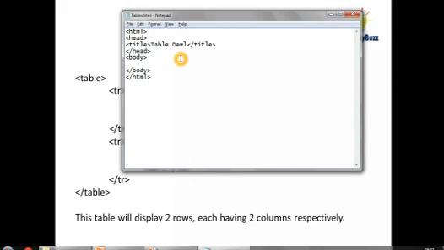Here I have created a sample structure and given it the heading table demo. Over here I'll write a table structure. I've created my table, now the rows. First of all we'll have to put the headings.